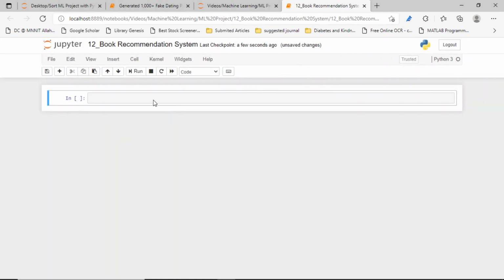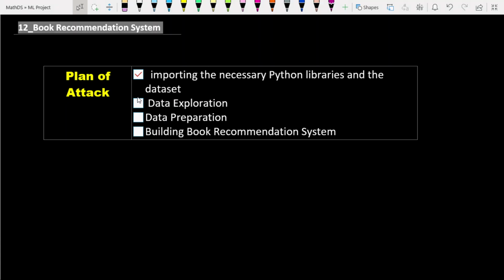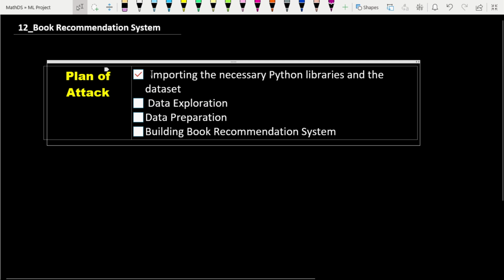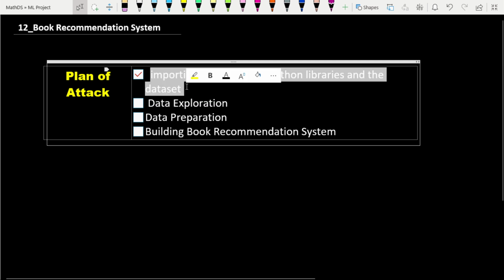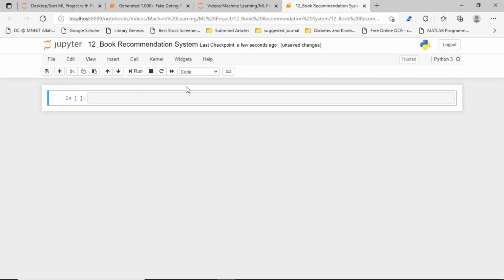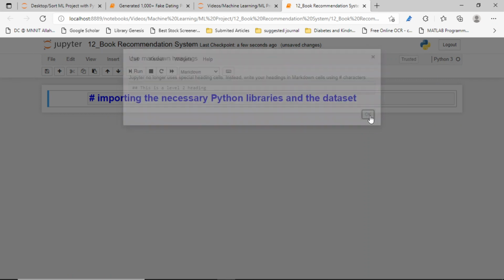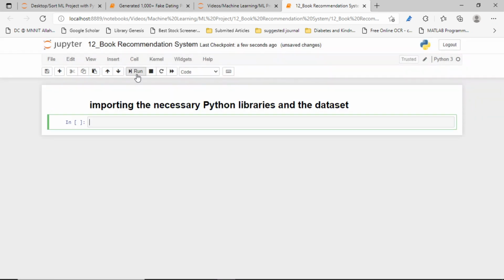Yes. Now what is the first step? The first step is you have to import the necessary libraries and the respective dataset. Let's make it a title. Yes. Now after that we have to import the necessary libraries. Let's write one by one. First thing that we need, we have to